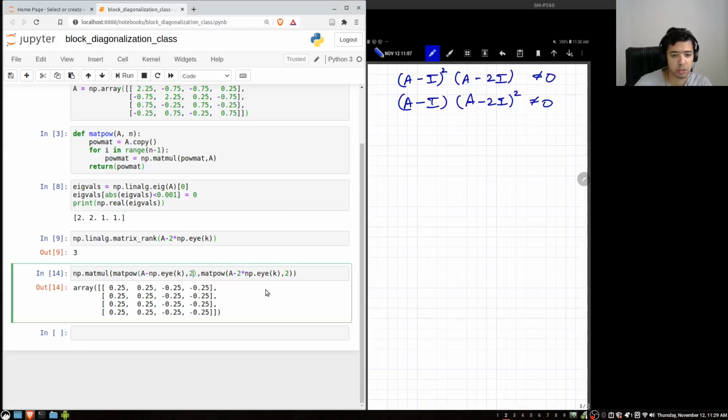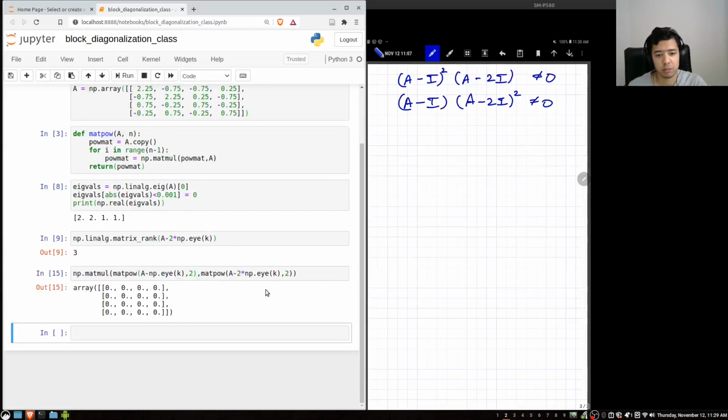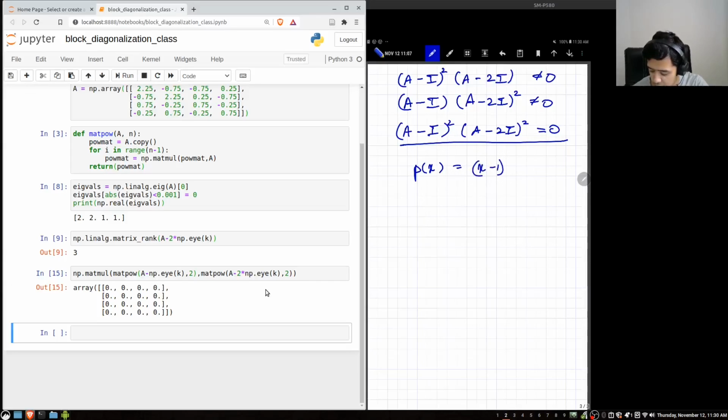So (A - I)(A - 2I), with (A - I) squared, is obviously equal to 0 because it is equal to the characteristic polynomial. Therefore this is indeed the minimal polynomial. So the minimal polynomial of A is equal to (x - 1) squared times (x - 2) squared. Right? And from the primary decomposition theorem, we know that